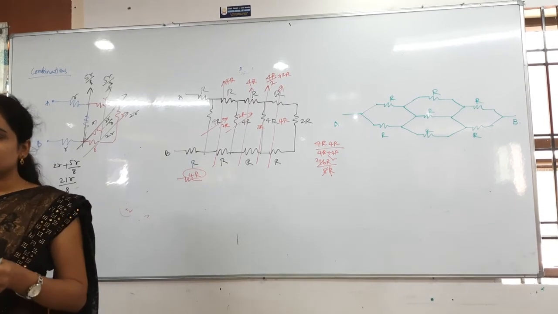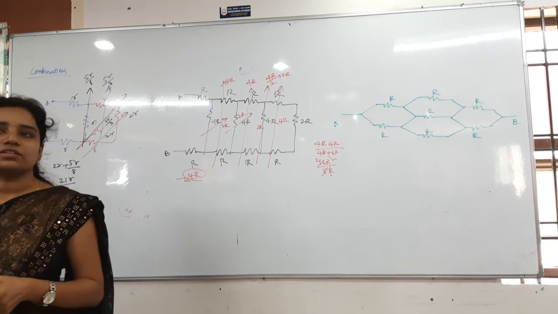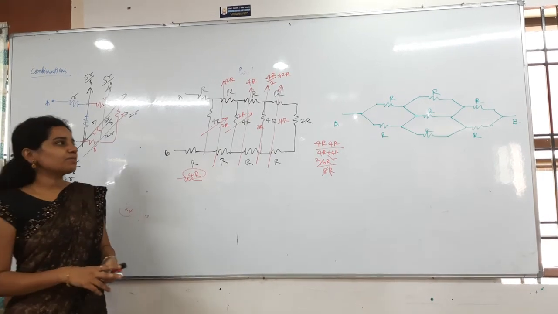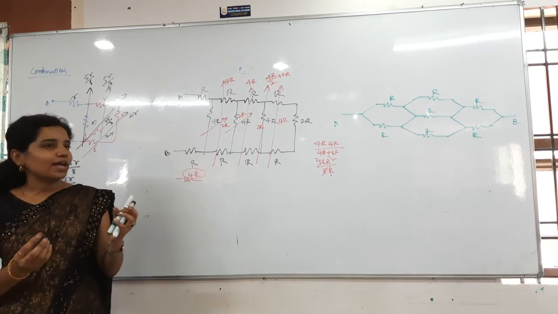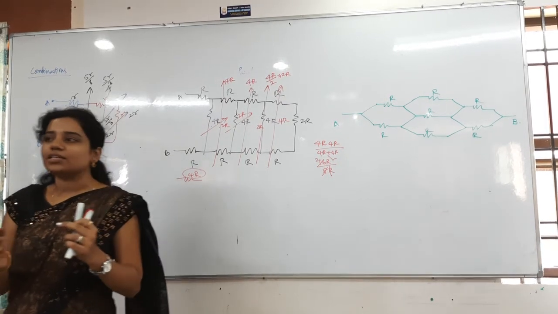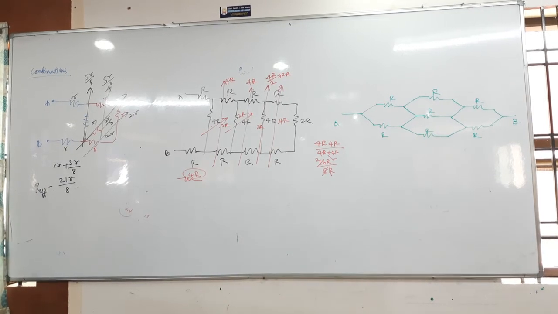Yes, you got that? How many of you raise your hands? 1, 2, 3, 4. Very good. Remaining people, see that I have made it complicated, but you just look at what is happening, which ends are connected and which ends are not connected. That is all you have to observe. 4R/3 is the correct answer.